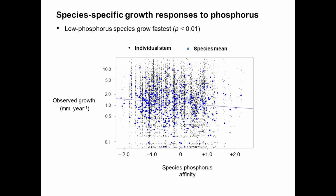So when we plot, I should say that the small black points are individual stems, the blue circles are the species mean growth across the plot network. And so when we plot these growth rates against phosphorus affinity, we find something very unusual, which is that the low phosphorus species, these species which grow exclusively on very low phosphorus soils, in fact, there's a lot of variation as you would expect from these very complicated forests. But actually, the lowest phosphorus species are growing the fastest